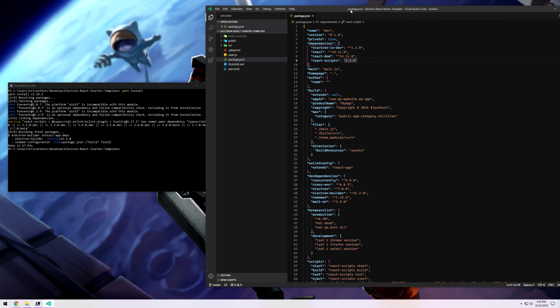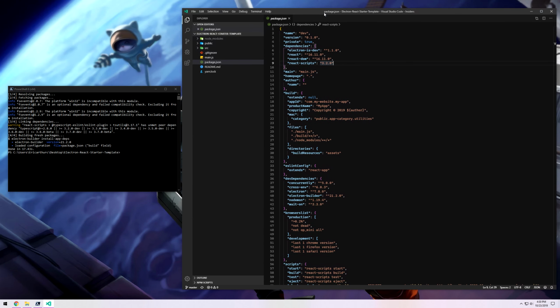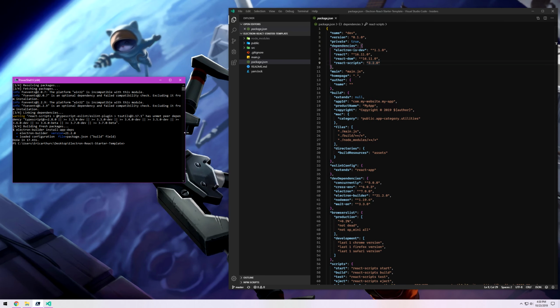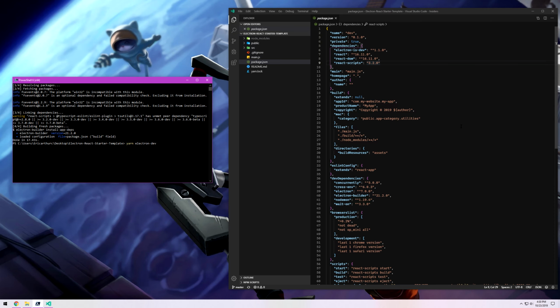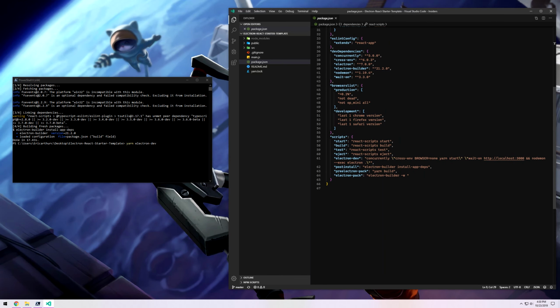So let me break down what's going on here. First, let me show you exactly what this looks like. If I run yarn electron dev, I'm going to scroll down the scripts. So here are all the scripts. I'm going to run electron dev. This is going to use the